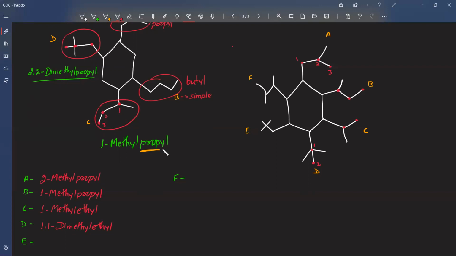Next, E is 2,2 dimethyl propyl. Okay. Last one. F is 1,2 dimethyl propyl. Okay, so that's all. I think now you know how to identify these